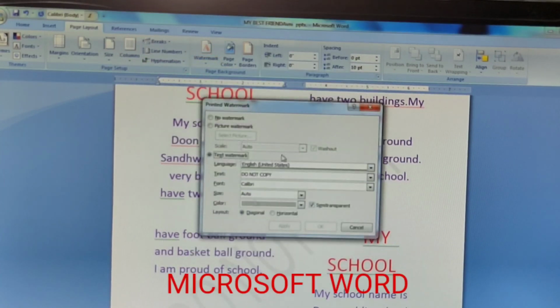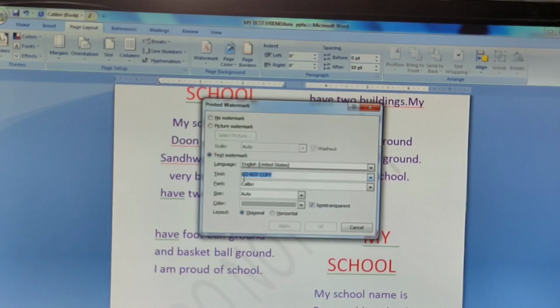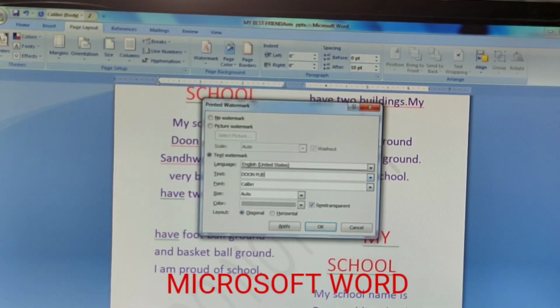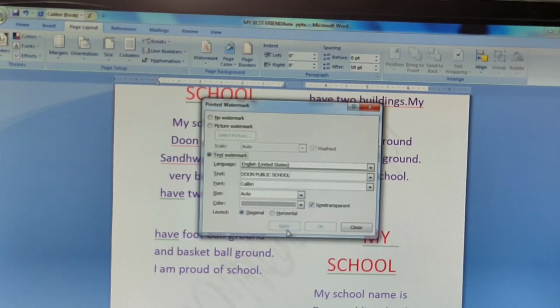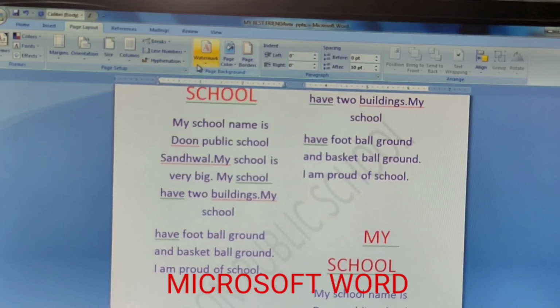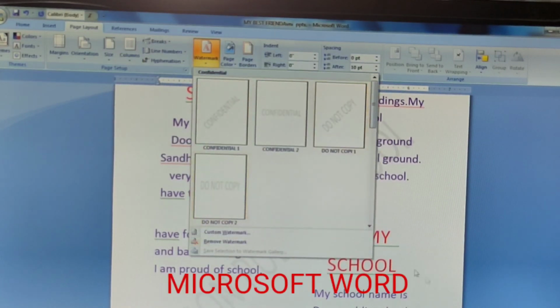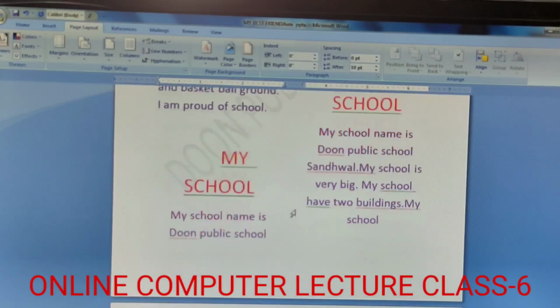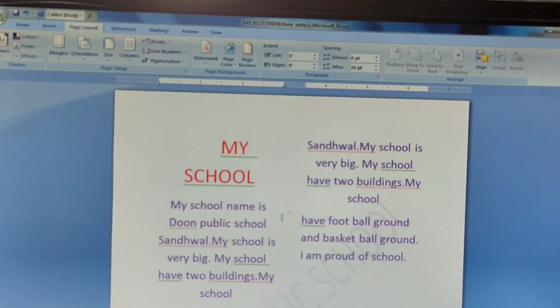Custom watermark, I can change the text, right? Done, Public School. Apply, close. Look. So by watermark, I can show the text why I am using this document, with the help of watermark.